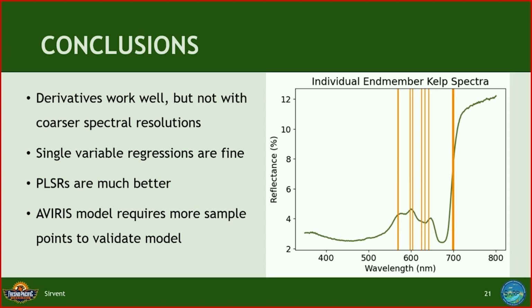And so in conclusion, this tells us that derivatives work really well, but not with coarser spectral resolutions. And singular variable regressions are fine. They work well, but partial least squares regressions are much better in this case, which is a lot different from what they're using now. They're only looking at 2 bands, where we would recommend more than that. And then the Avaris model, our model, would require more samples and a little more calibration to validate, which leads us to future